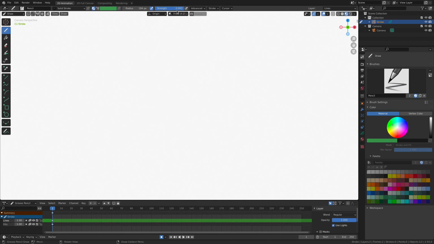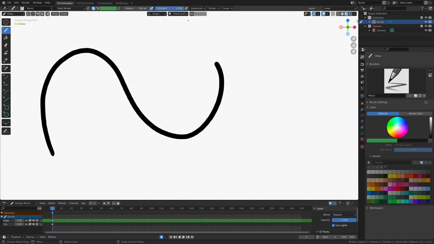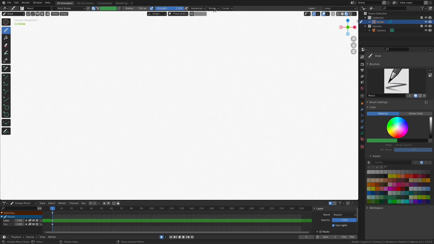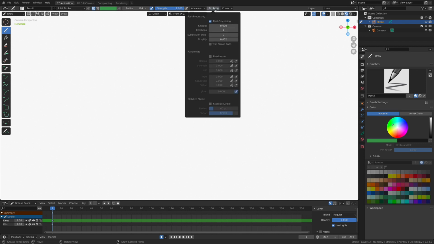Okay, there's a couple other things in here that I want to show you guys that are going to make working with the pen tool a more enjoyable experience. Specifically, I want to jump down to the stroke pull-down menu. Now, I'm working on a graphics tablet, but if you're working with a mouse, sometimes you get really jagged lines. And it's not exactly the most pretty or uniform shape when you're working with a mouse. However, the lovely global developers of Blender have given us this wonderful option inside the stroke menu, which will help stabilize our entire individual stroke.